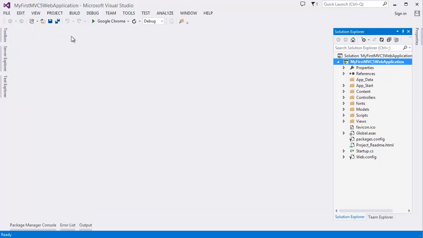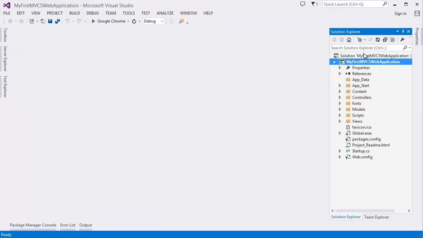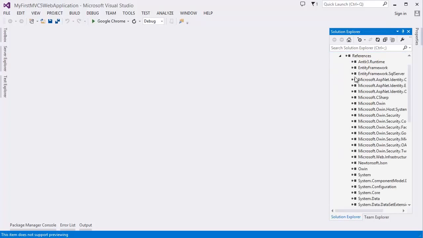Now we have created our project. You can see this is our solution and this is our project. In a solution we may have multiple projects. In this case we have only one project, which is my first MVC 5 web application. Then you can see some folders. Let's say references are over there,